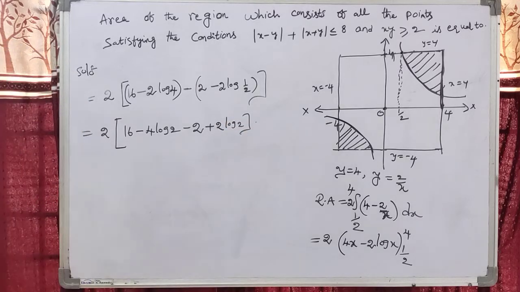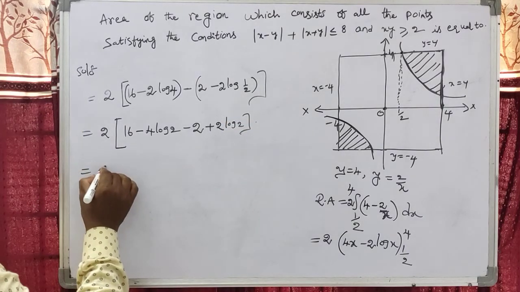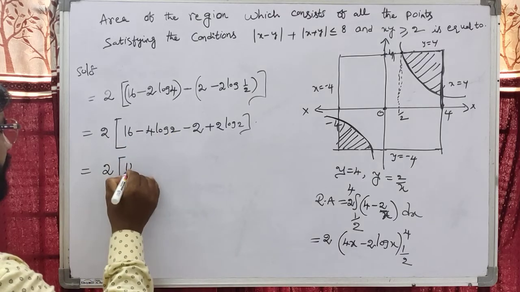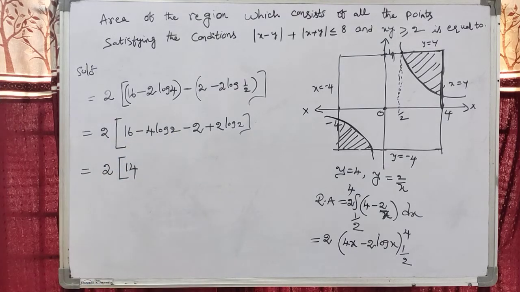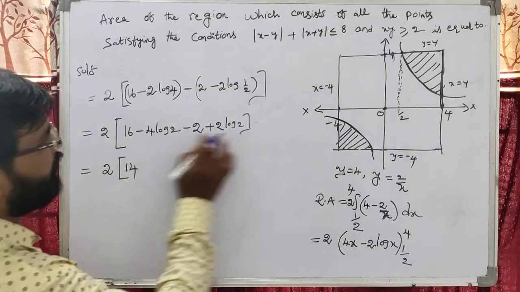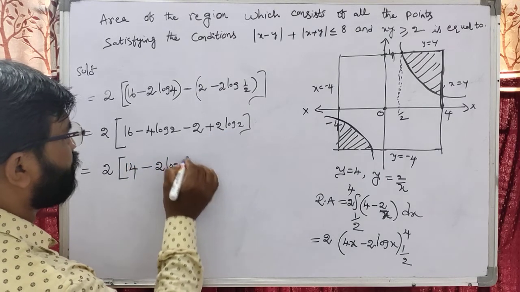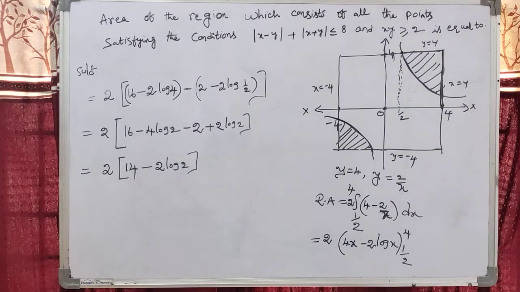Now 16 minus 2 is 14, minus 4 log 2 plus 2 log 2 is minus 2 log 2. Therefore, when we take the common 2, undoubtedly we got,